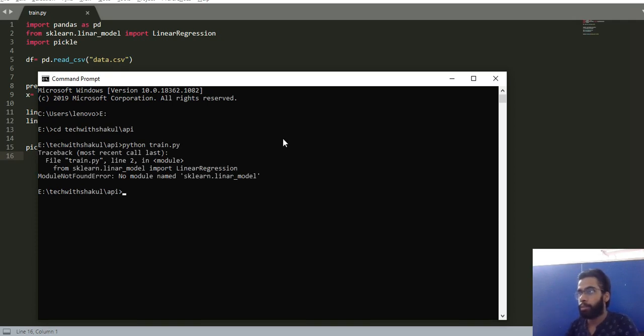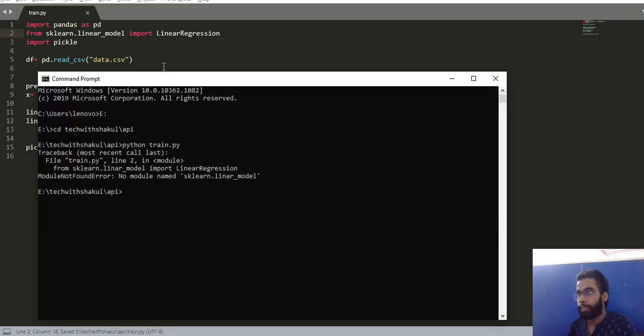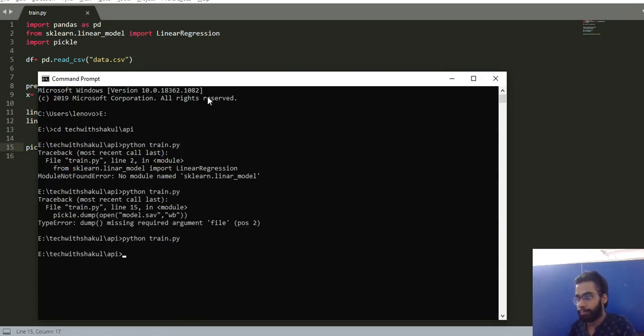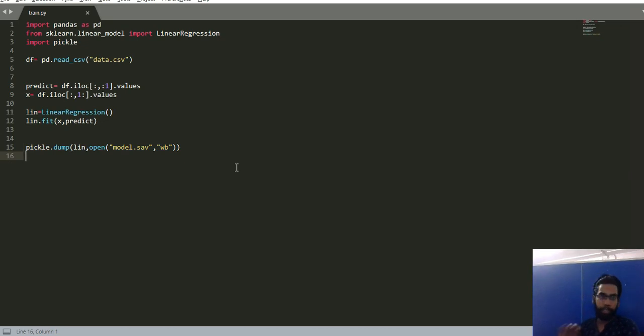I did a spelling mistake. Sorry guys. Yeah. So let's check if it has created something. Oh yeah. So it has created a model.sav file in my folder train. It has created it in the same directory because I didn't mention the directory there. So I have completed my training logic.